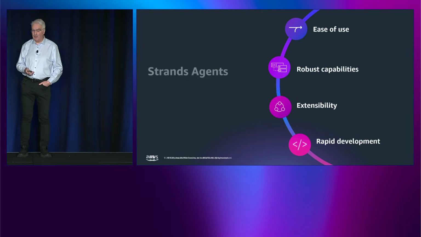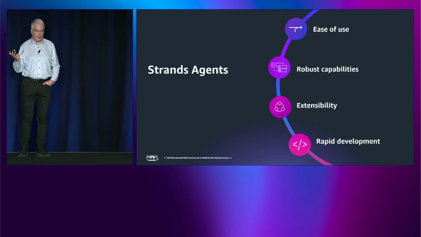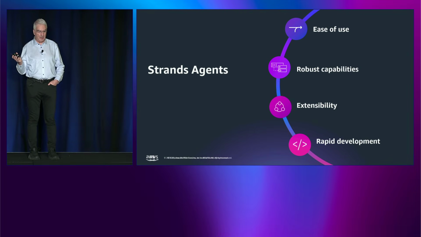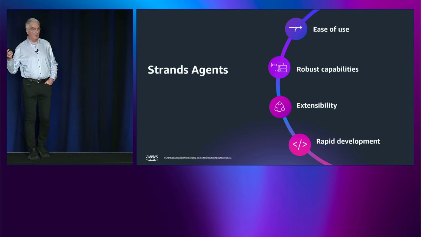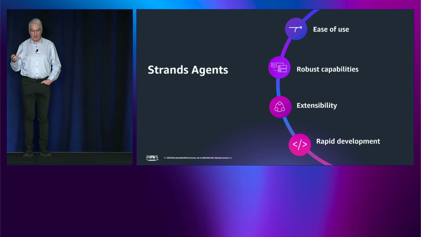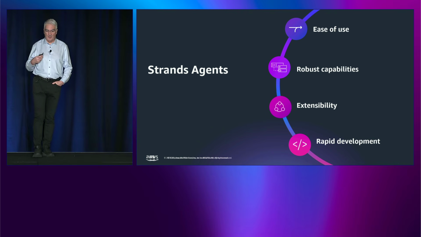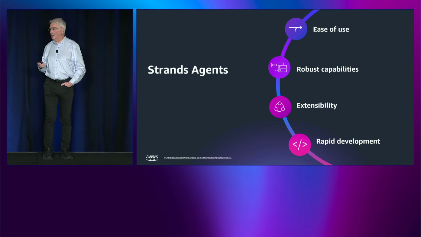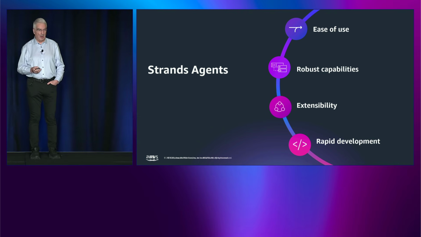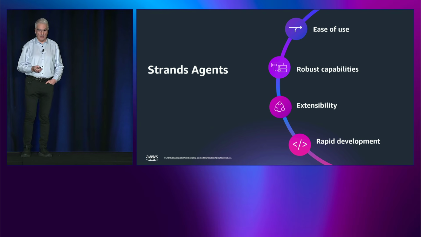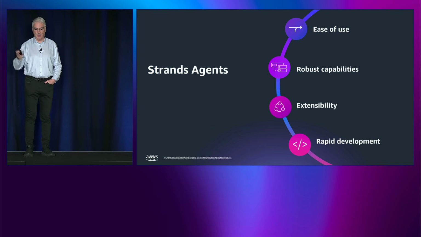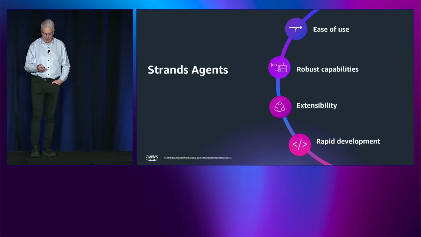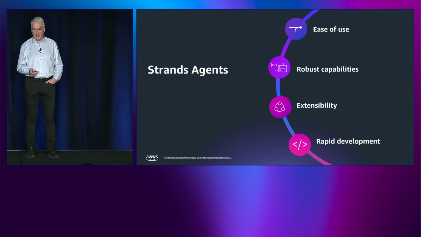We've actually built the demo we're showing you here using the AWS Strands agents. And we've done that because it was pretty easy to use. It's actually a really robust set of capabilities. It's very extensible, and we've extended it into the edge, and it allows you to rapidly create an agent and deploy it. So I'm not going into Strands, but that's just some background as to how we built the agent.